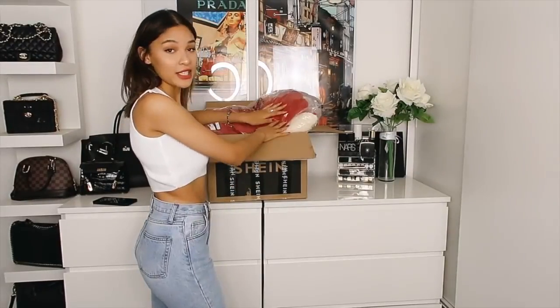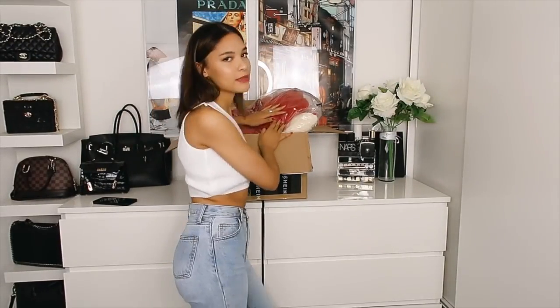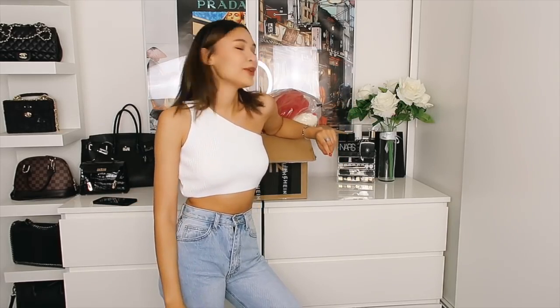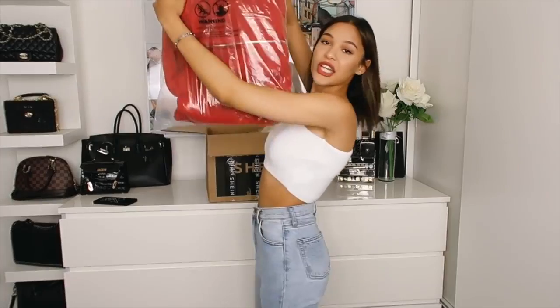So I'm going to start off with jackets first, just because I was amazed by their jacket prices. I need to see what the quality's like. This could be a real breakthrough for you guys with jackets during the winter, because they are so expensive, obviously they're jackets, and we could be saving some major coin here, people. Jacket numero